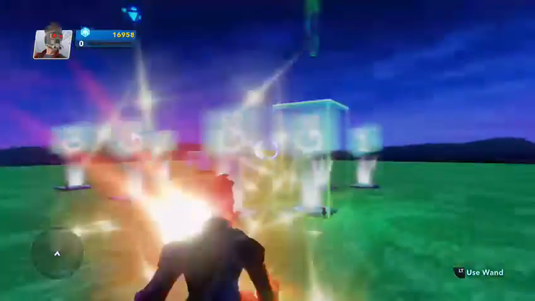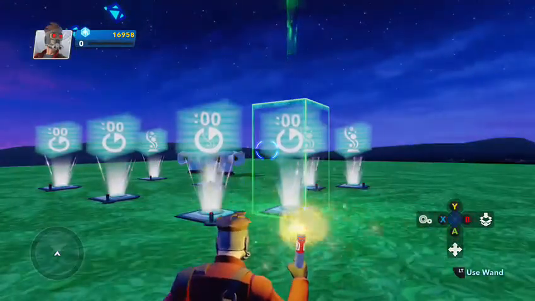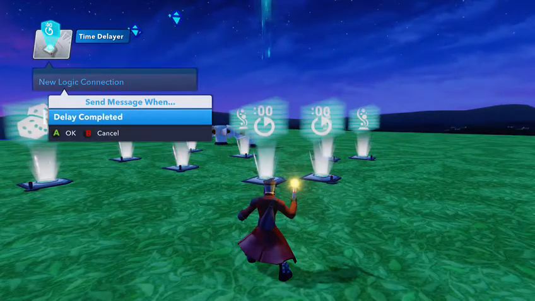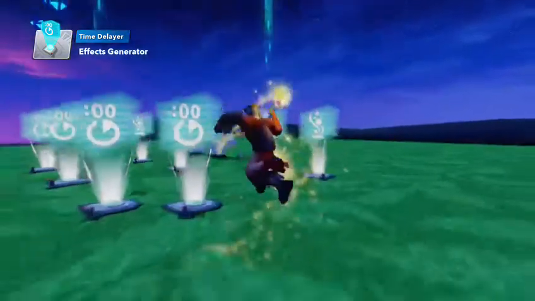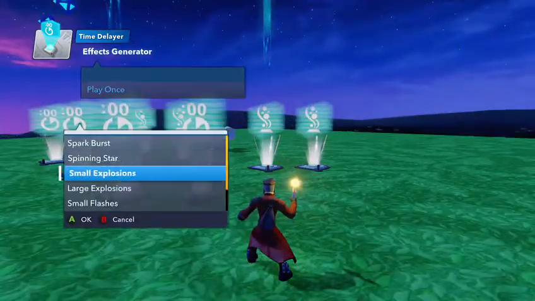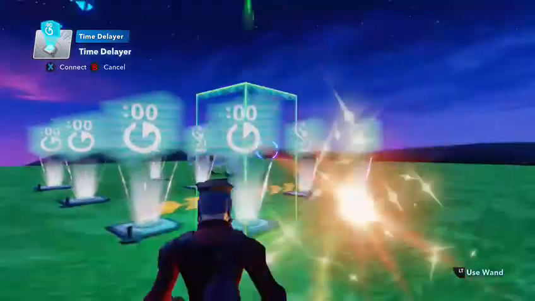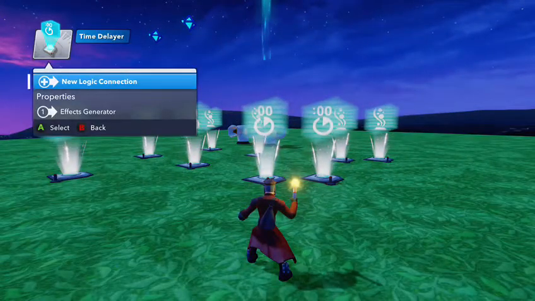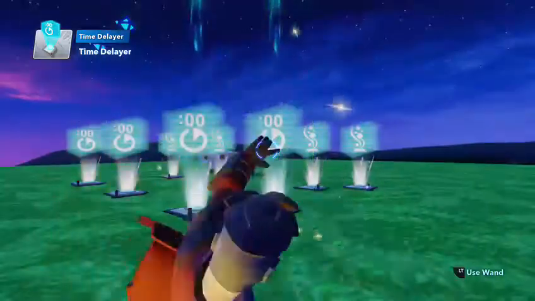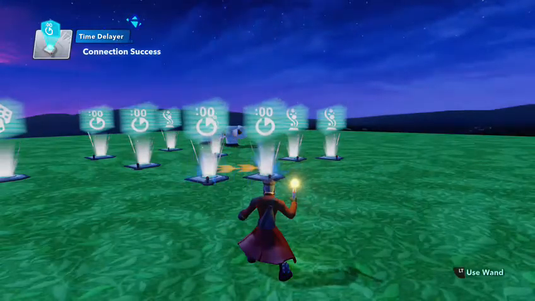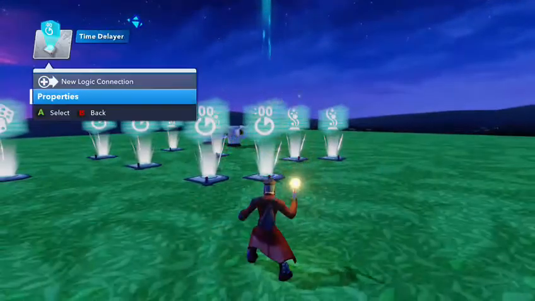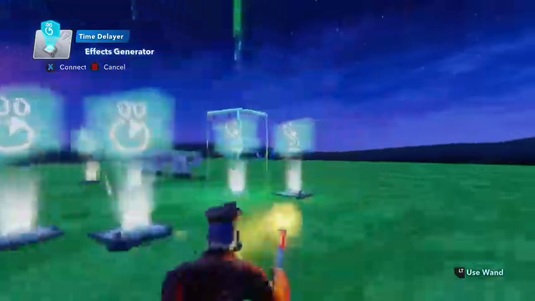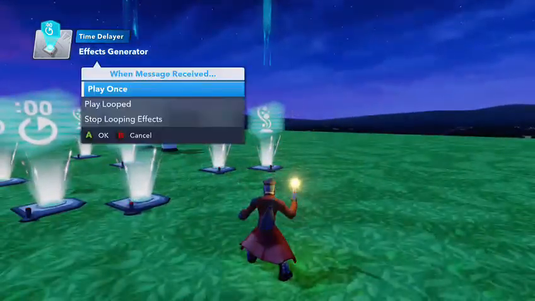Before we link it to our options again, we're going to go ahead and set up the second part first. So let's make this one, we made the other one, let's make this one every 11 seconds. And we want it to be a bang bang, a second apart. So we're going to have the first time delayer set off the first effects play once, small flash, surface light flash. We're also going to have it set off the second new logic connection delay complete, the second time delayer. That's going to give us our 1 second delay,